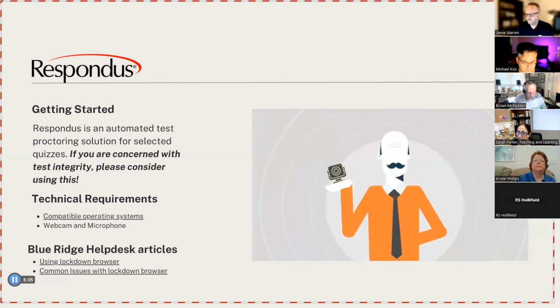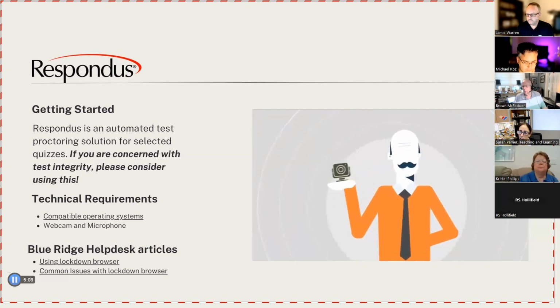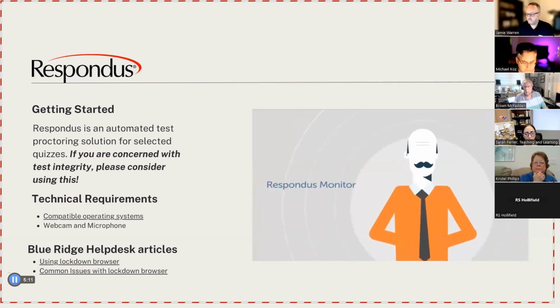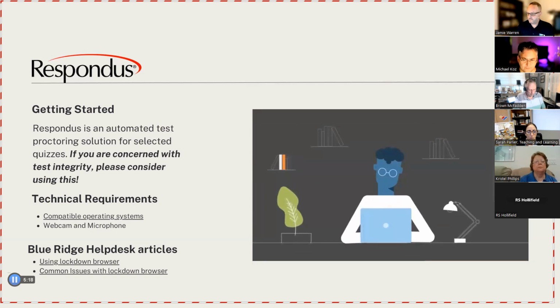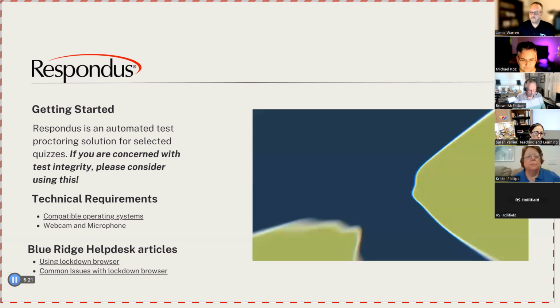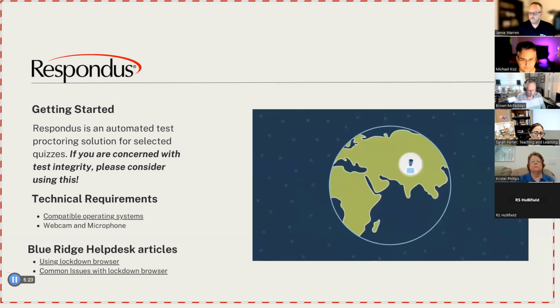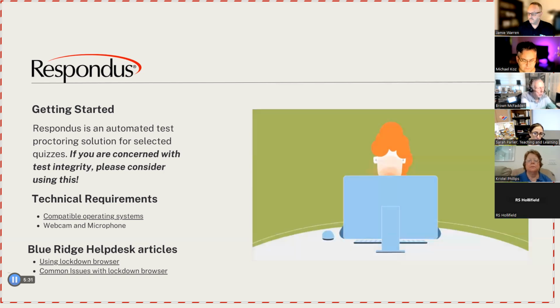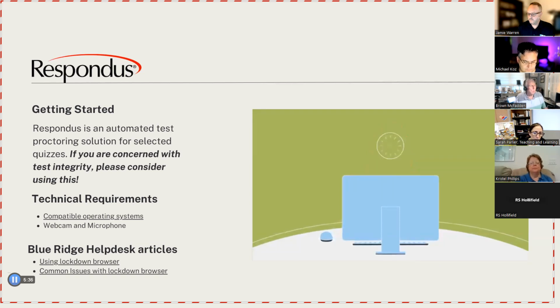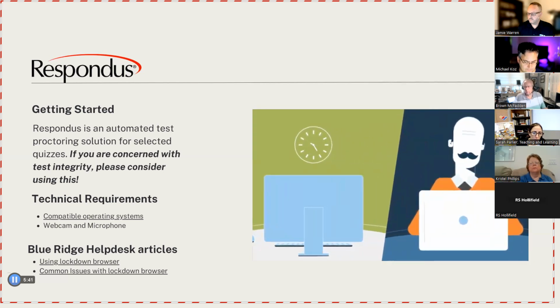Your instructor might also require you to use a webcam with Lockdown Browser. This is often called Respondus Monitor, but you can just think of it as a webcam for Lockdown Browser. The nice thing about the webcam feature is that it allows exams to occur from the comfort of your home or from the other side of the world. Plus, exams can be delivered at any time of the day or night without any advanced scheduling required. The webcam will record what happens during the exam, and the instructor can review it afterward. Remember, no one is watching you in real time, and only your instructor will view the proctoring results and video